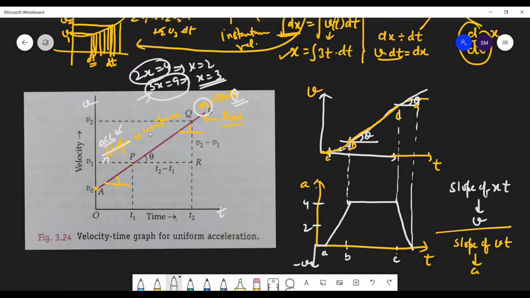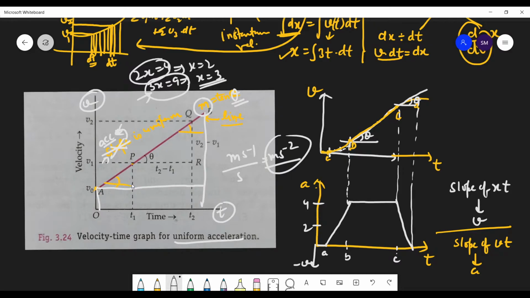And the second thing is write the slope with the physical quantity. I have told you what is on the y-axis units, what is on the x-axis units. So y-axis divided by x-axis gives meter per second square, and that's your acceleration. So this is the graph of uniform acceleration, uniform slope. Okay, students? Yes, sir. And as I told you, the area under this graph gives you the displacement. And we have derived the equation of displacement through this formula only.